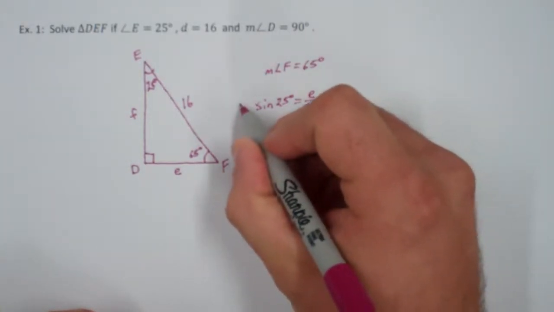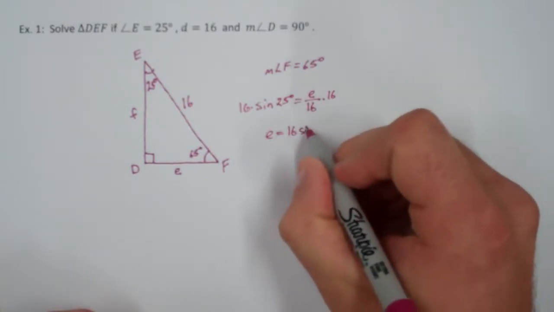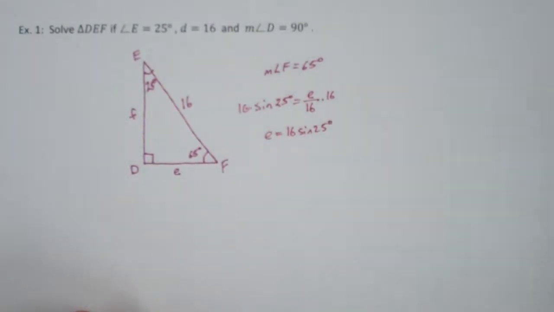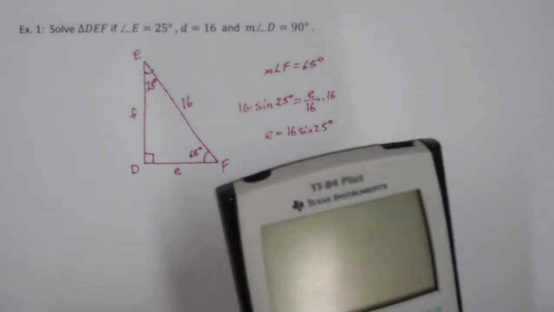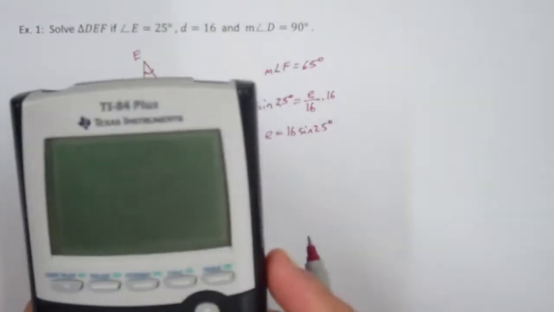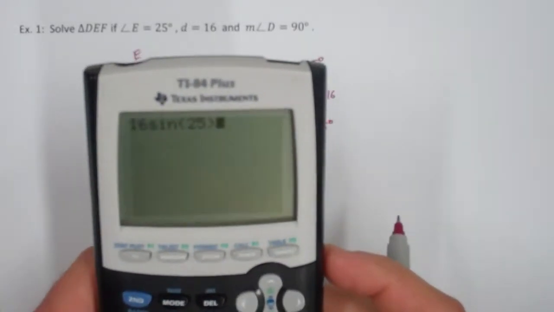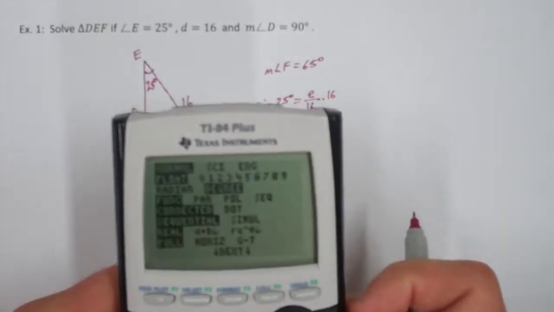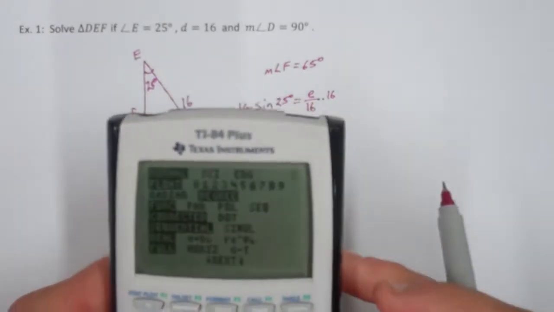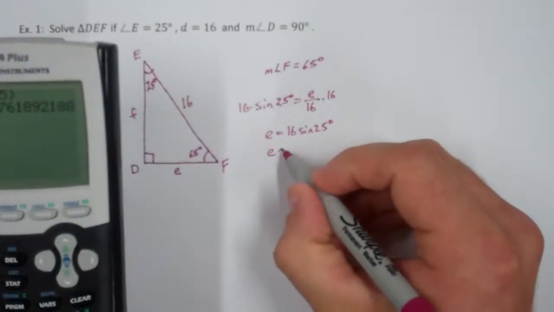We'll multiply by 16 on each side, and we'll find that E will be 16 times the sine of 25 degrees. Alright, and we can't figure out this one exactly, so we're going to do 16, and then sine of 25, and then make sure you're in degree mode. That's going to be important. So we can come back here, hit enter, and we've got E to be approximately